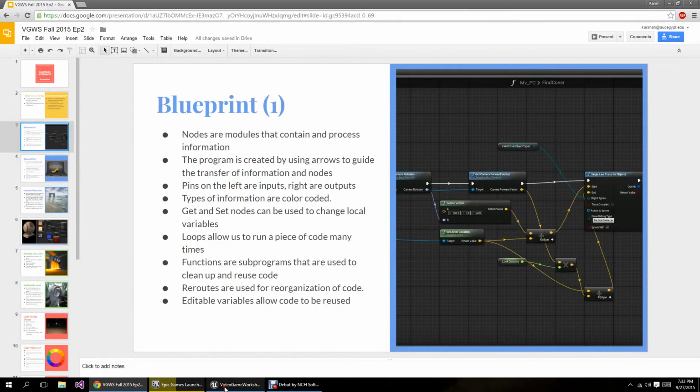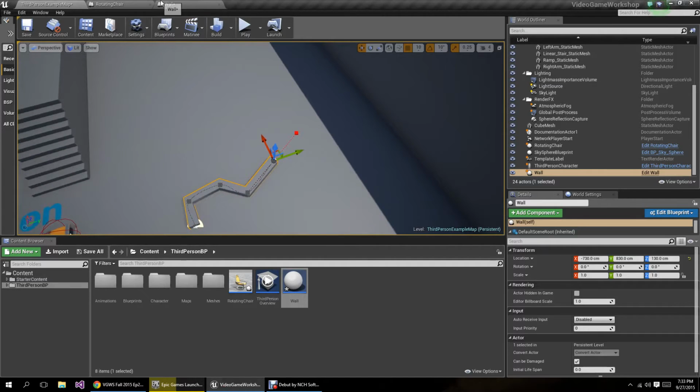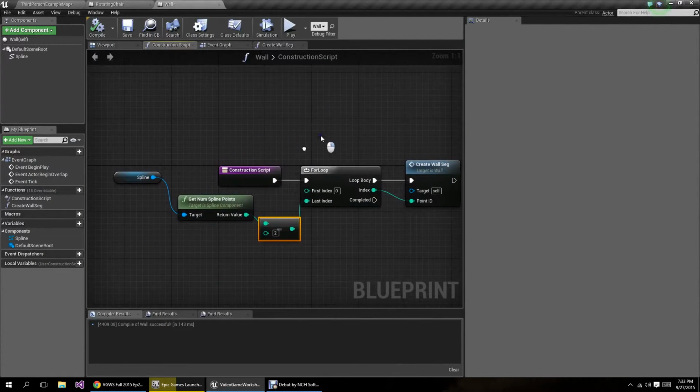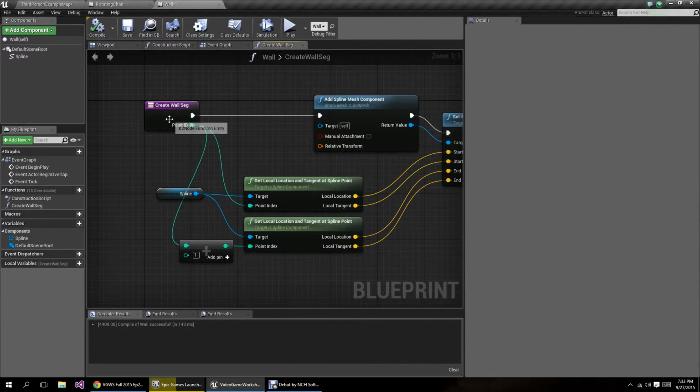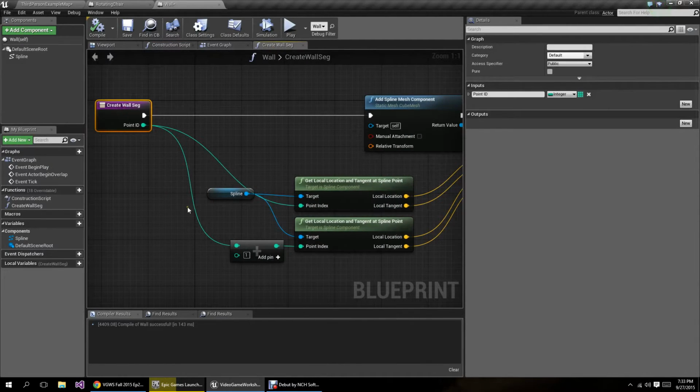Reroutes are essentially a way to organize your code. So let's look into create wall seg. Let's say that we don't like how this looks. We can reorganize it using the reroute. So let's drag this off of here